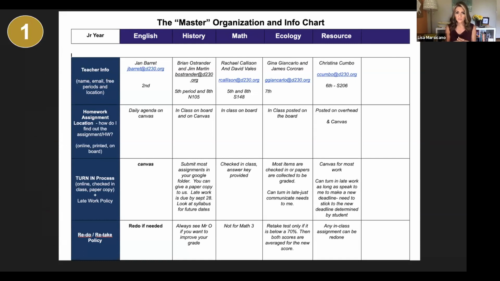Okay. So we're going to jump into kind of those 5 key areas that I flashed up earlier in line with our e-learning. This, I really would love for you guys to create. It's a little bit tedious, but this is going to save you so much hunting and pecking and searching for information in the future. It might take you a week or 2 to do this.